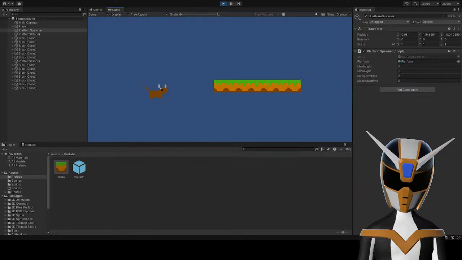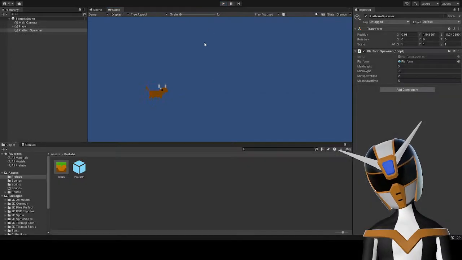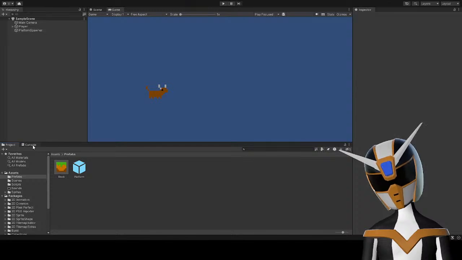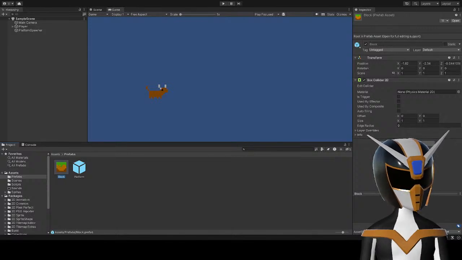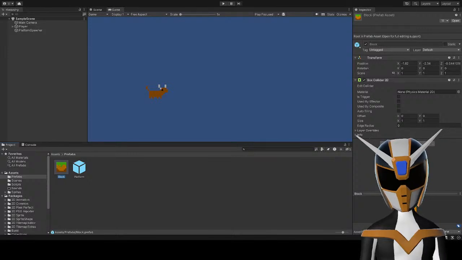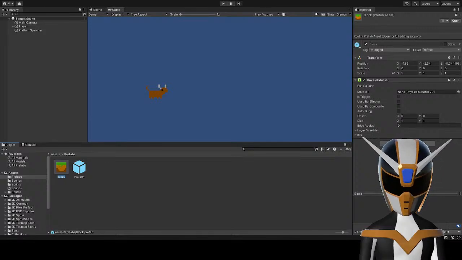Okay, so it's spawning them all at the same height. Also, can I instantiate these blocks as a child object of the platform? I don't really need to do that.